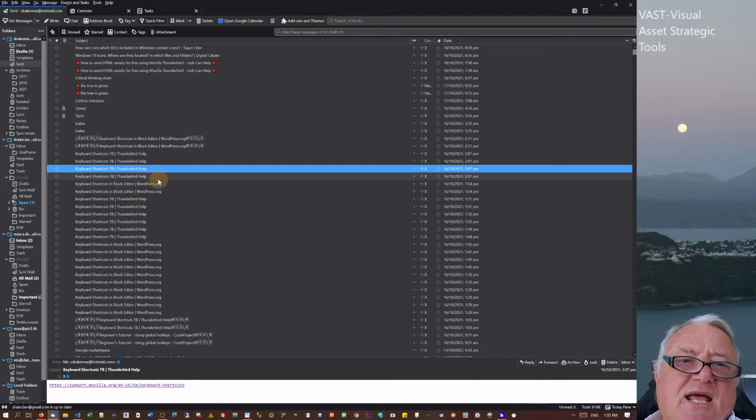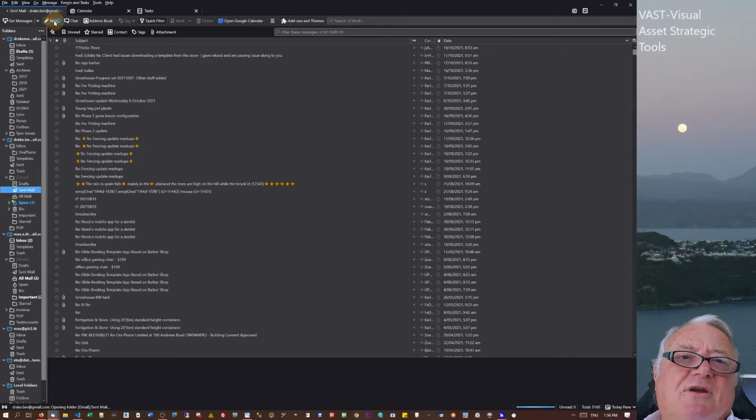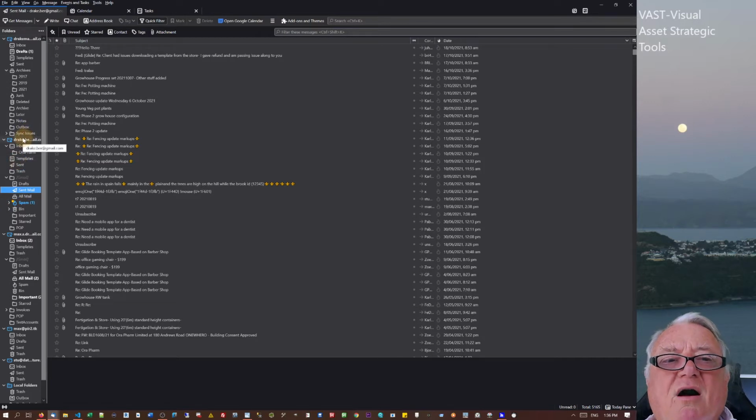One of the reasons is that you have a tree on the left hand side called folders that you can create lots of other folders, but all the folders are underneath a certain email account. And if I'm in this second email account and I go write a message, it will send one using the from of this email account. If I'm down here and my cursor just happens to be here and I send an email, it will send it from that account. What I wanted was to be able to send it all the time from the default